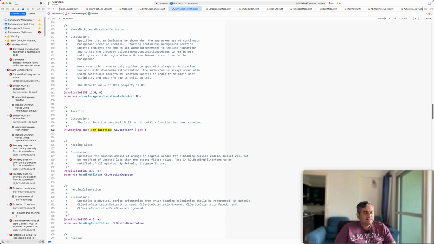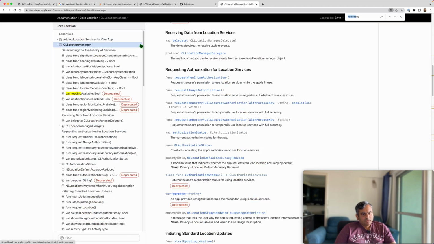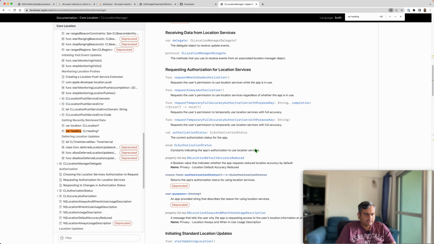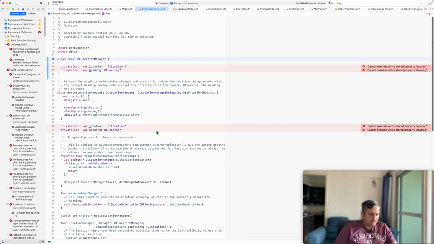Oh, it already has location and heading. Var heading. Yes. Was this added later on? No, it's from iOS 2. Okay, so